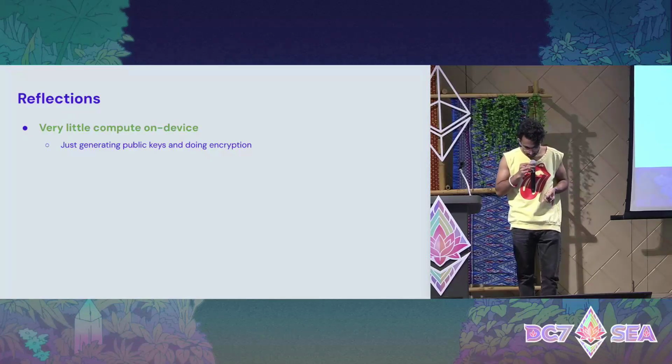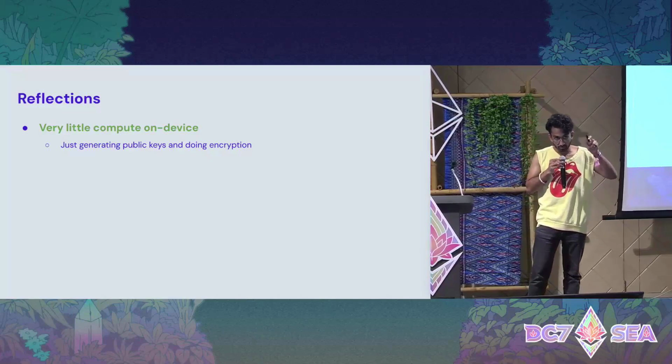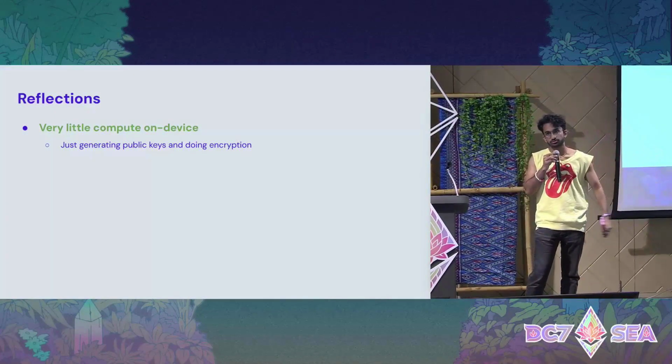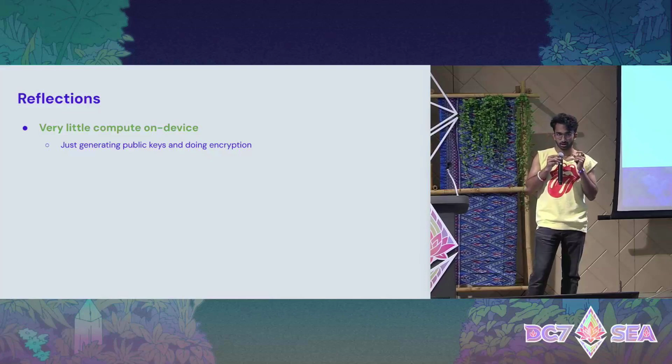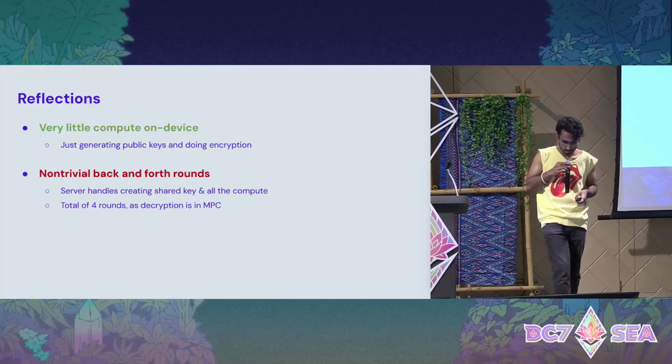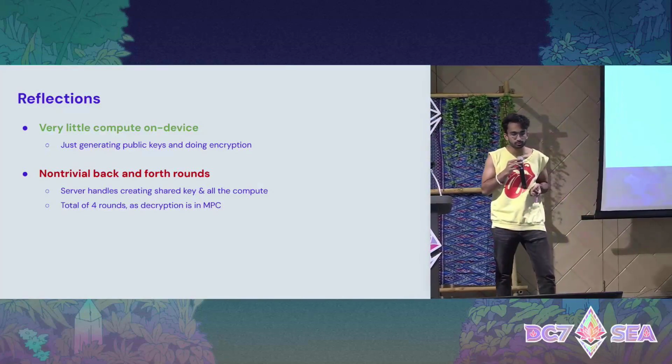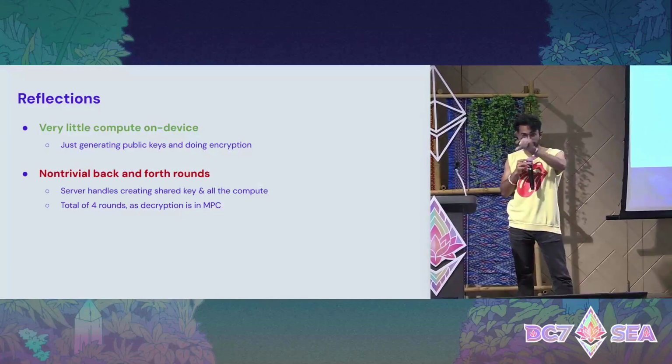Some really nice things about multi-party FHE is that the actual computation involved here can basically just be fully offloaded to a server. And as a result of that, devices only need to do generation of public keys and uploading that, and then doing encryption of their data. At least the latter is a very cheap operation, and the first one is a one-time thing. The unfortunate thing is that there's actually still quite a bit of back and forth rounds involved in this sort of thing, where there is still this final decryption step,